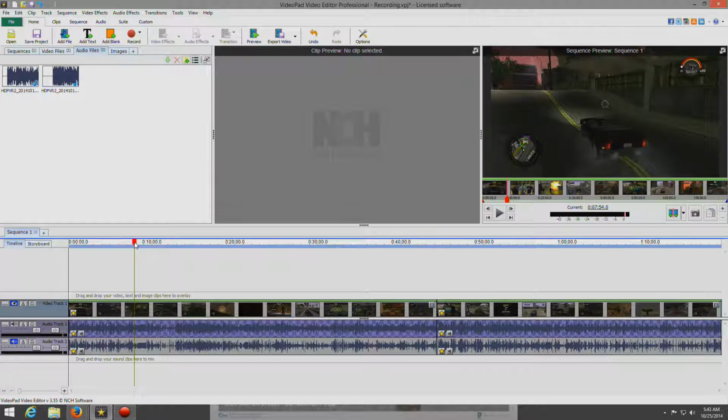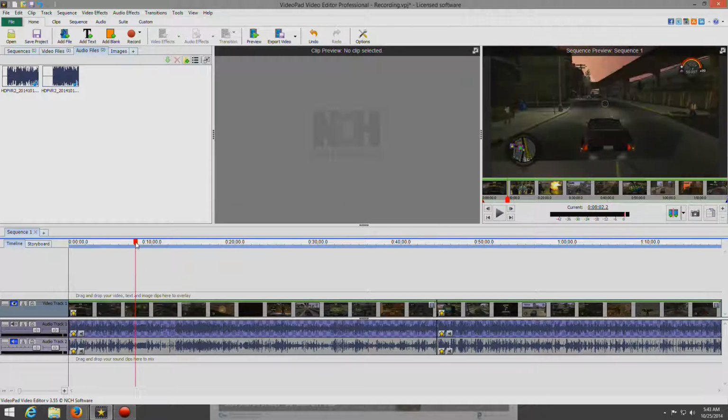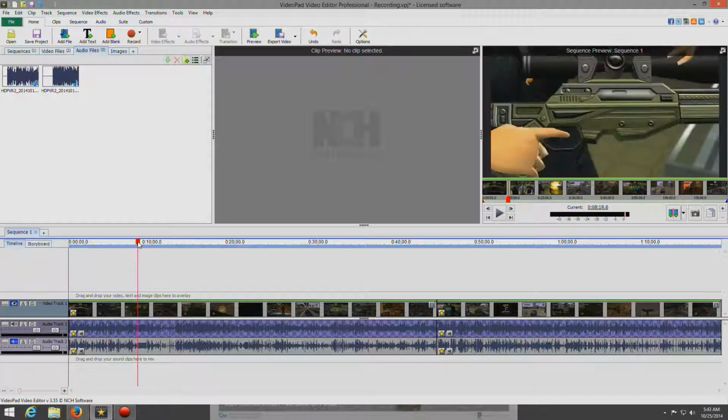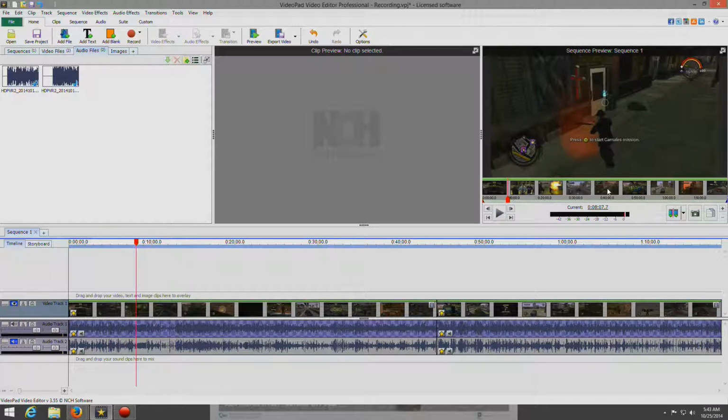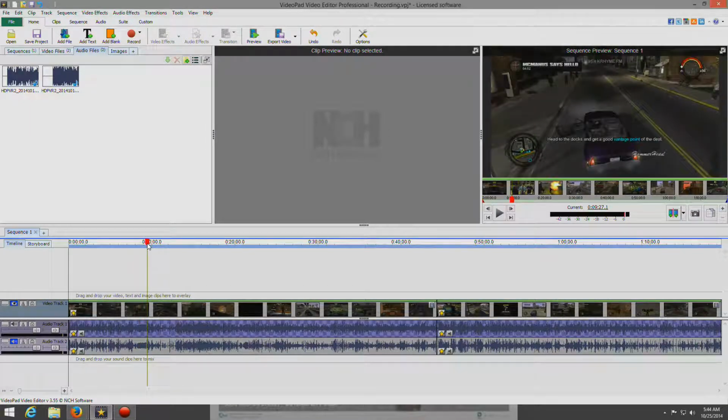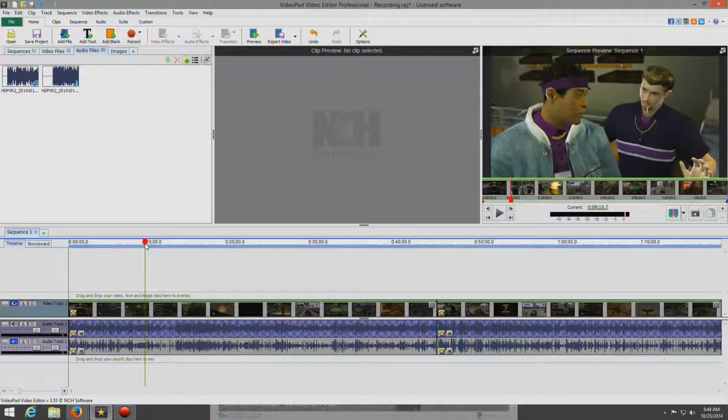Okay, right here, as I track through the video, this is the start of a mission. Right there is where I start the mission. In this particular video series, which is Saints Row, the way it's set up is you start a mission, it shows a cutscene, which is what you're seeing right through here. This is a cutscene, and then